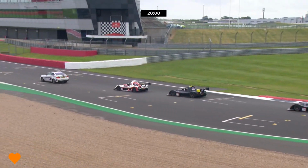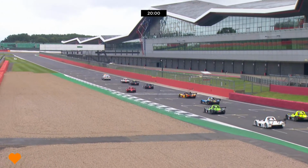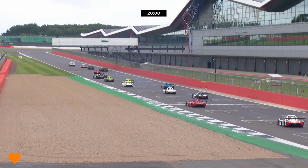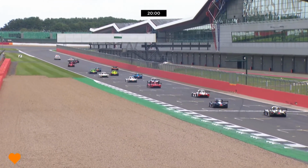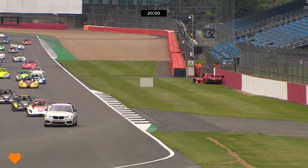So the BMW safety car guiding the field round. It's a long old lap here on the Silverstone Grand Prix circuit. We are not using the Grand Prix starts. That is where they are just going past now, past the Silverstone wing to driver's right onto the Hamilton straight. We are using the full 3.6604 mile circuit, and off on the formation lap